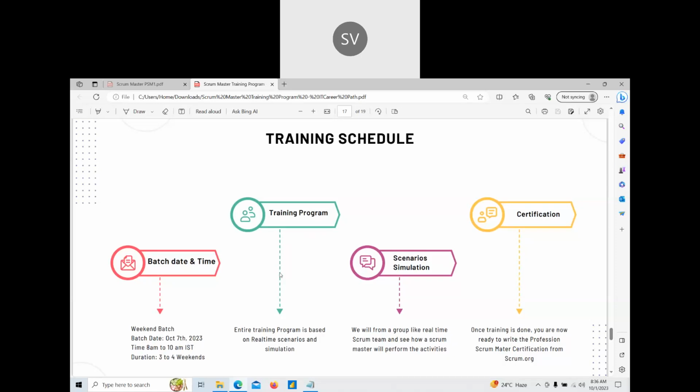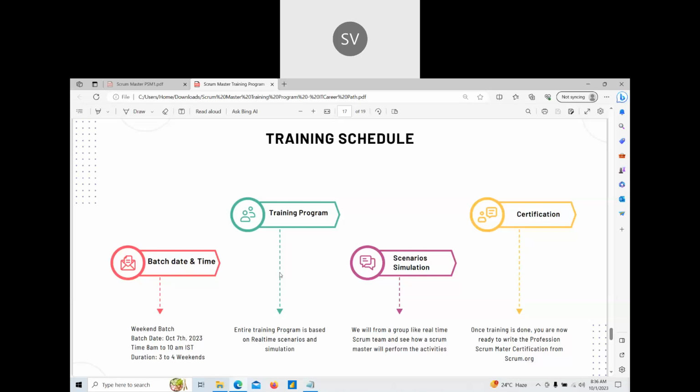Our entire program will be running on real-time scenarios. It is not like I will explain only the theoretical part. We are going to run the training program in real-time scenarios where everyone's active participation is mandatorily required. We'll simulate such scenarios, we'll play a role, we do role plays.